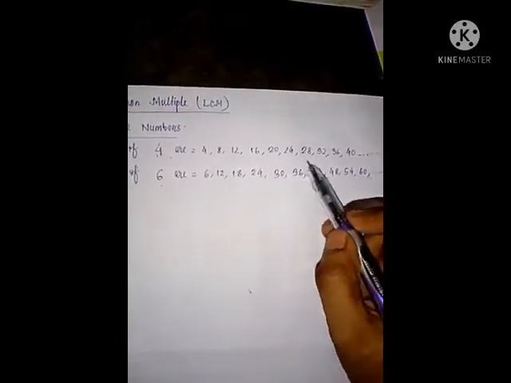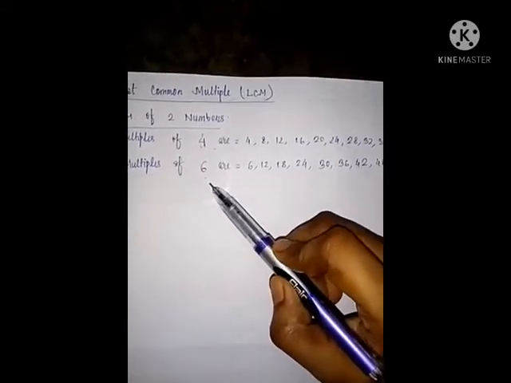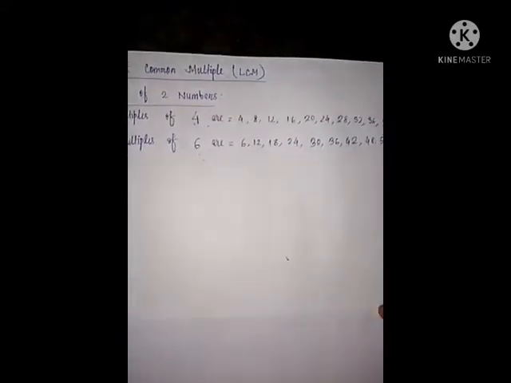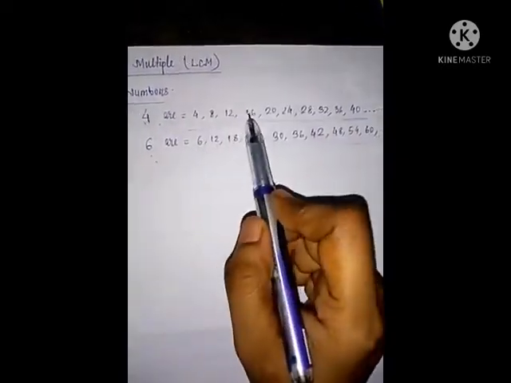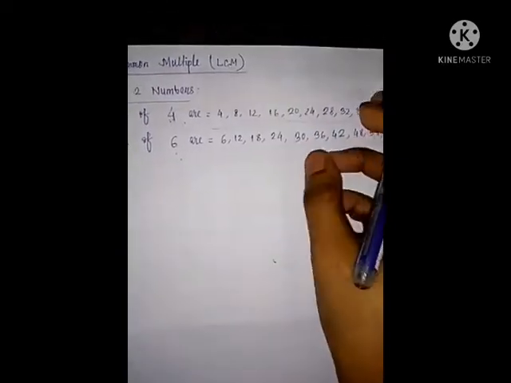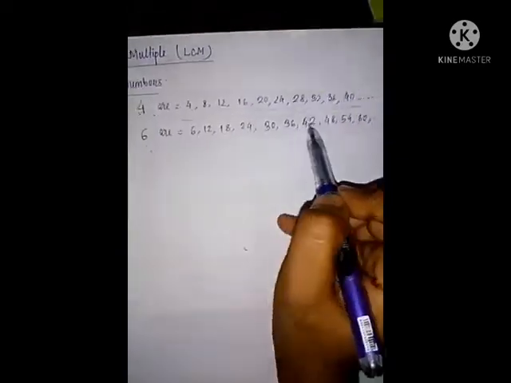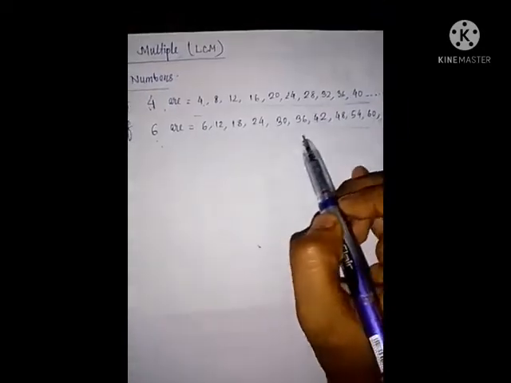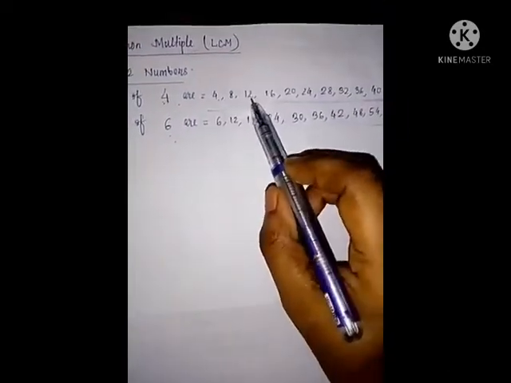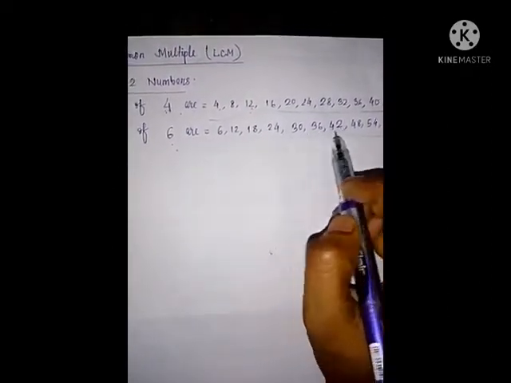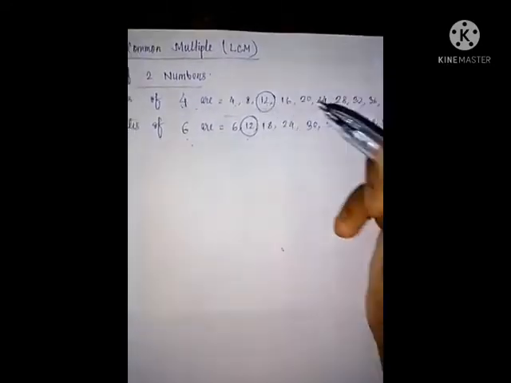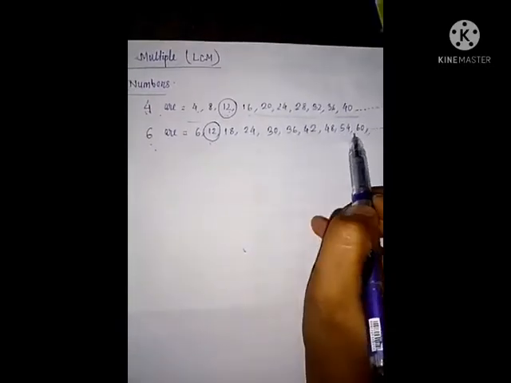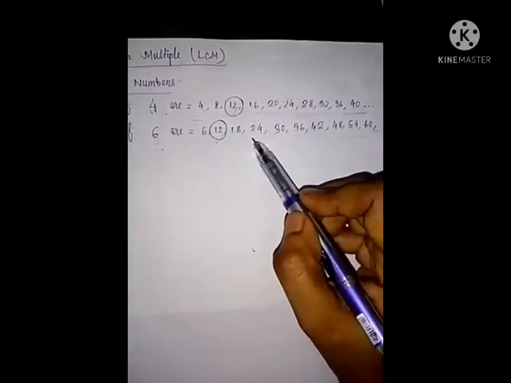Okay, so now see, among all the multiples of these two numbers, what are the common multiples? See these lines and these lines, which number is common in both? See, 4, no, here 4 is absent. 8, no, this is not common. 12, see, is 12 present or not? So this is common between both. Okay, now see 16, is 16 present in the second row? No. 20, no. 24,